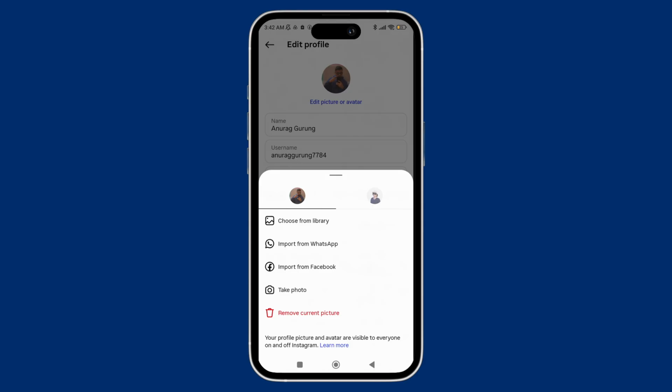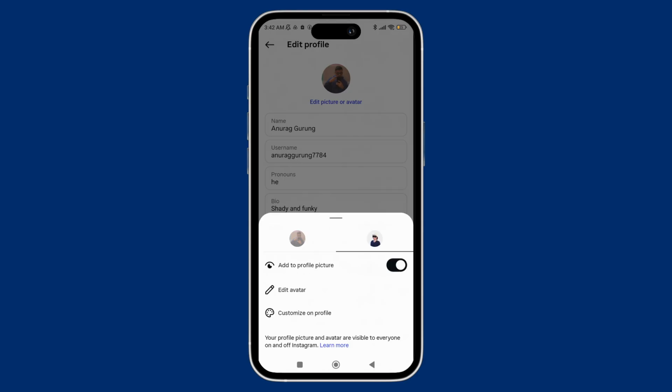And now here, from the pop-up menu that appears, just select your avatar tab, and here you may be able to see the delete avatar option. So here, if you found that, you can just tap on delete avatar and confirm it by tapping on delete